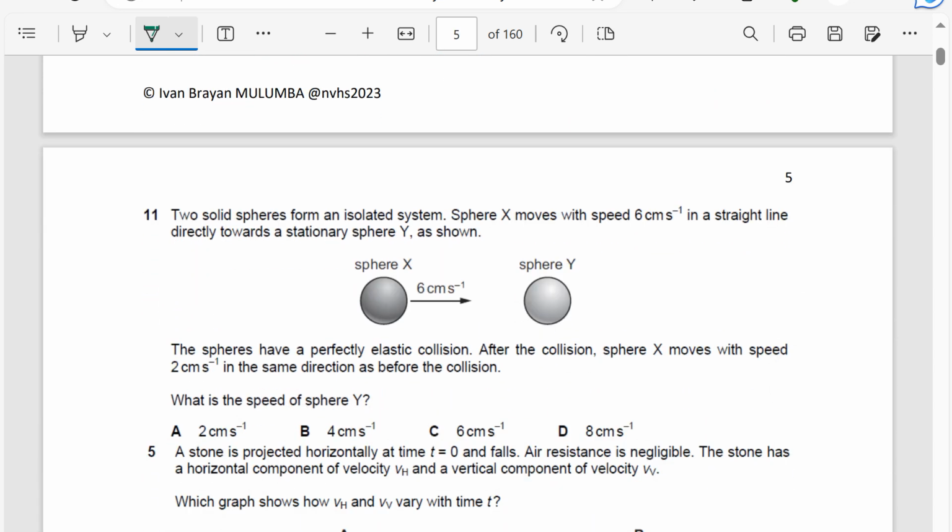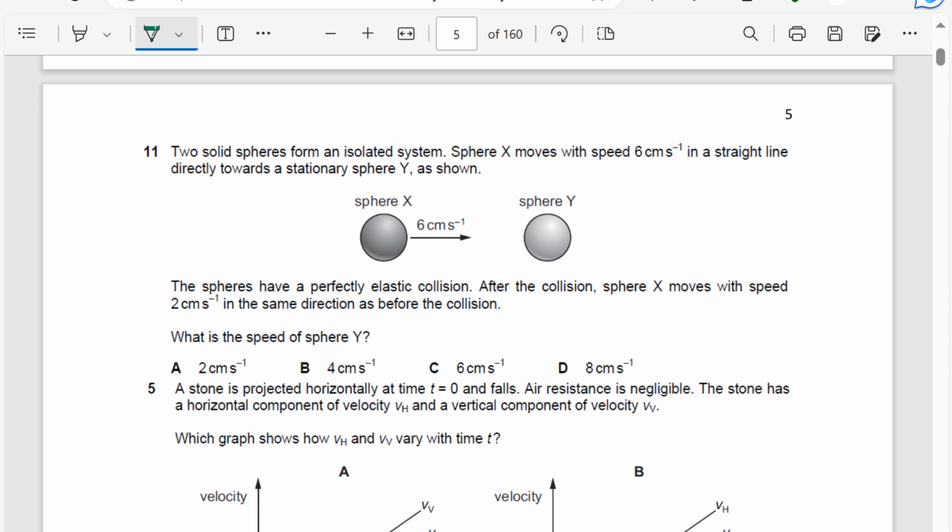Two solid spheres form an isolated system. Sphere X moves with the speed 6 centimeters per second in a straight line directed towards the stationary sphere Y as shown. The spheres have a perfectly elastic collision. That is very simple. It means the relative speed of approach is the same as the relative speed of separation. Relative speed of approach is equal to, because the other one was stationary, simply 6 minus 0, which is 6 centimeters per second. Then the relative speed of separation, RSS,